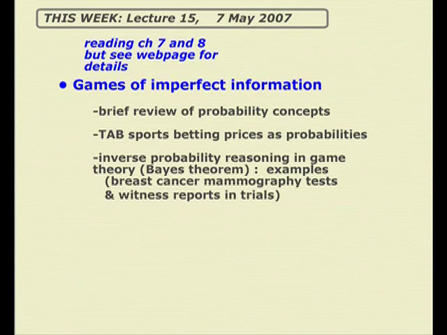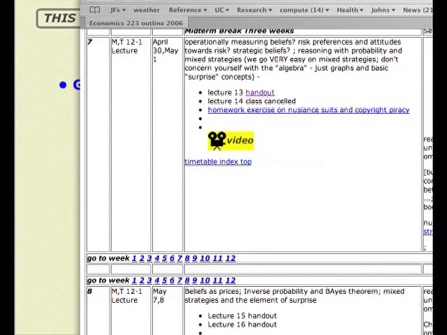If you go to the web page, I've restructured Lecture 8, and we're really doing material in Chapter 7 and Chapter 8. We're going to finish off some ideas about probabilities and uncertainty today, and a concept called Bayes' theorem, which has to do with changing your beliefs, learning from information. But we want to think of it as you're in a game and you see things happen, how would you change your beliefs when you're not sure exactly what's going to happen? That's the idea.